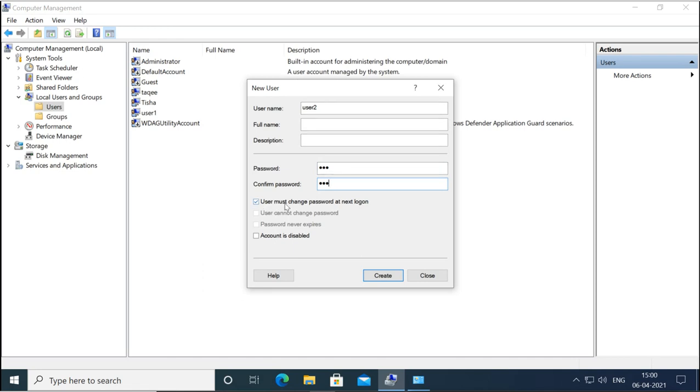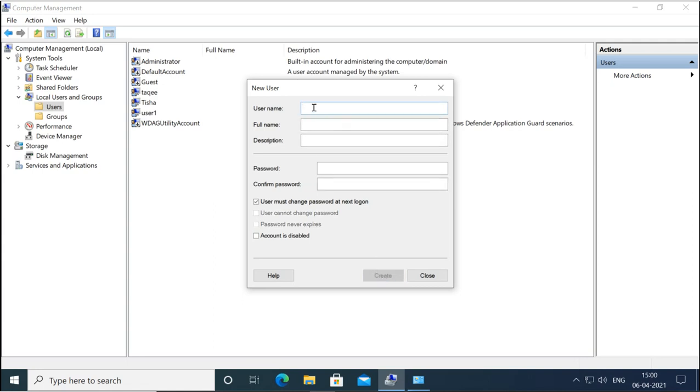When the user logs in, it will allow the user to change the password, or you can make that user unable to change the password. You can put user password never expires, or you can just disable the user. That means the user will be created but will not be active. So create. One user is created.